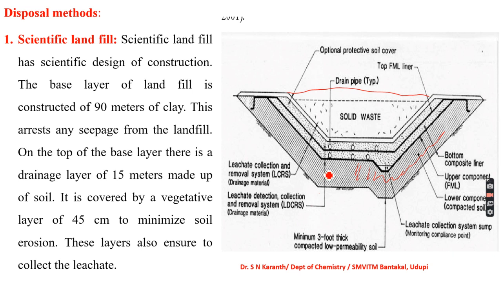Here again we observe one liner, the top film liner, and this liner helps to protect the groundwater from being contaminated by leaching or percolation. So this liner prevents the movement of the waste content to the atmosphere or the soil. When the landfill is full, it is covered with a layer of sand, clay, or topsoil gravel to prevent seepage of water. So this is a method used to manage solid waste.